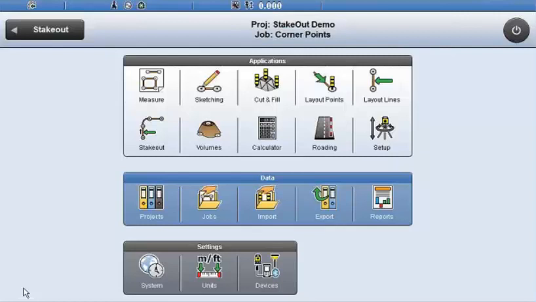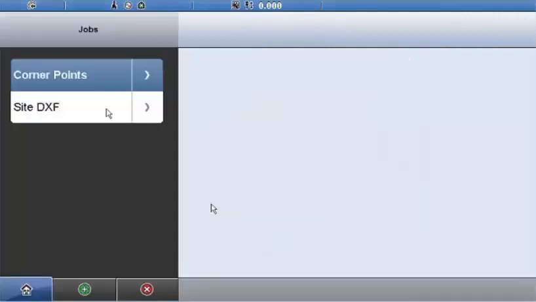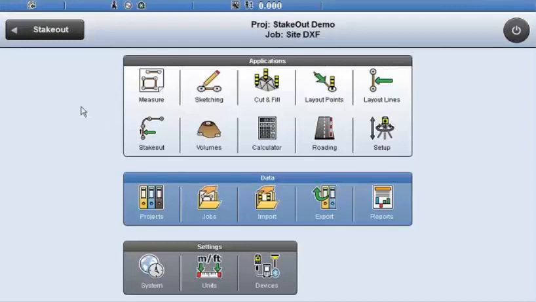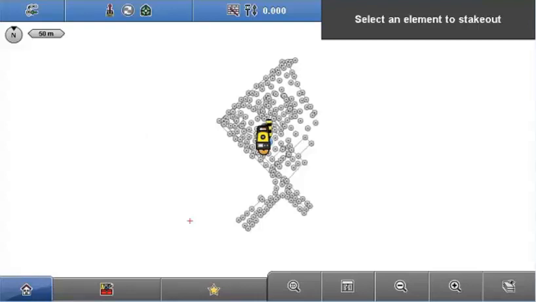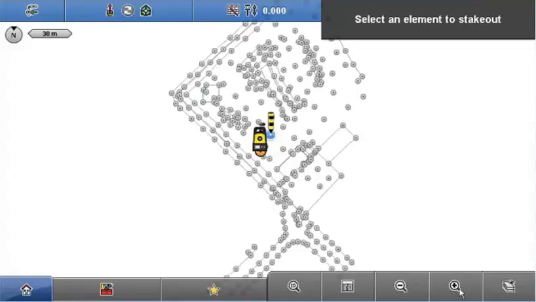So I'll switch to the second job, which was a DXF of the surrounding area. It also includes some new detail in the area of work. So you can see there's plenty of detail in the DXF. There's a lot more points and lines. I know that I'm only adding detail to the work that I did before, so I can turn that data